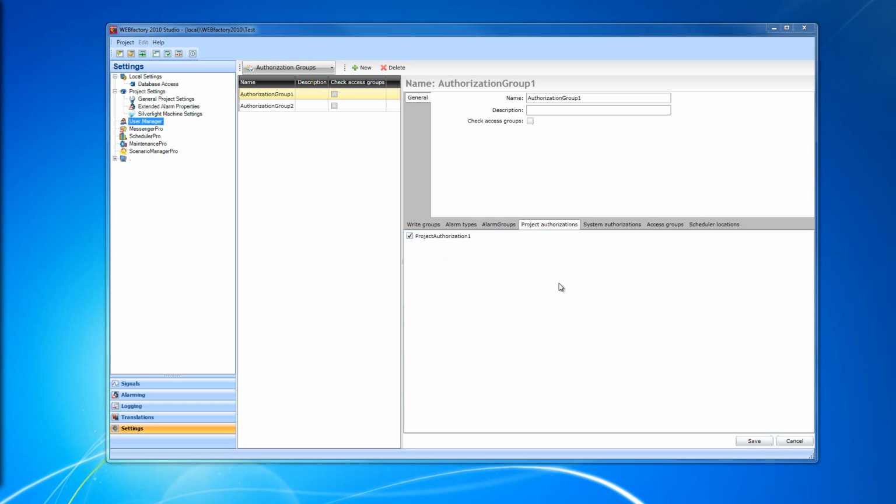For example, a control can be set up to be displayed if a user is a member of an authorization group that has a specific project authorization, or can be hidden if the authorization group that the user is part of does not have that specific project authorization. So we're gonna assume that we're gonna need this project authorization later, and I'm gonna leave it marked